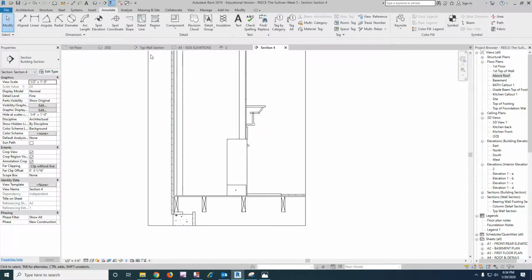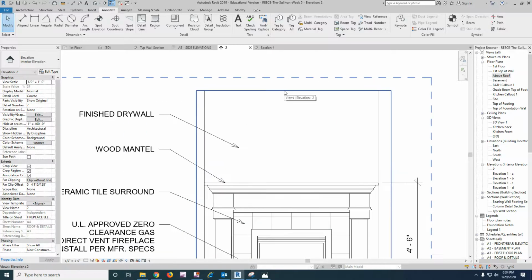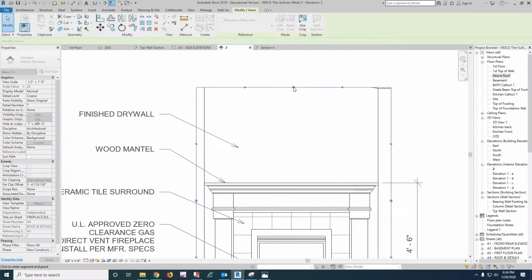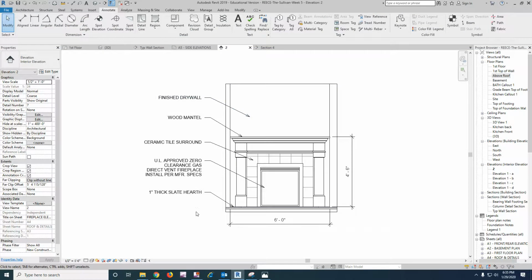Now, for the elevation, I use this. There's my crop region, all the way almost to the ceiling. Probably should go a little bit and include the ceiling. Oh, it's a slope ceiling. That's why I did not include the ceiling. Okay. Put the notes on, set it at hidden line, put the 2 dimensions in, and then,